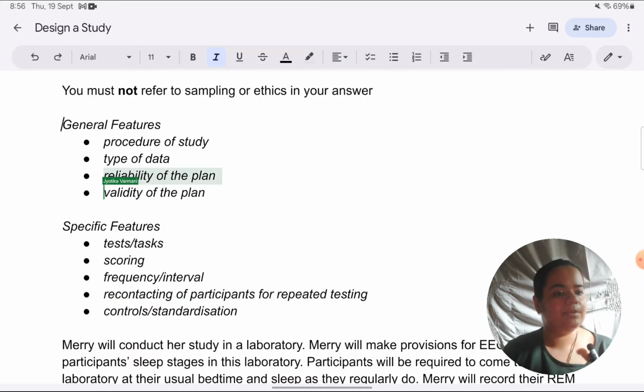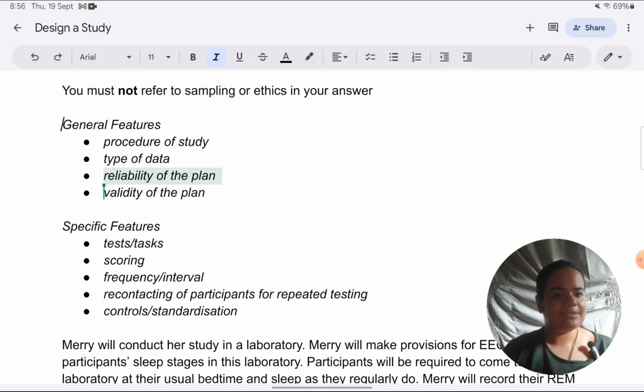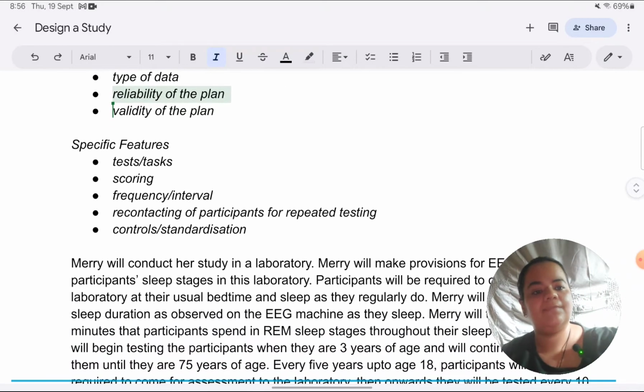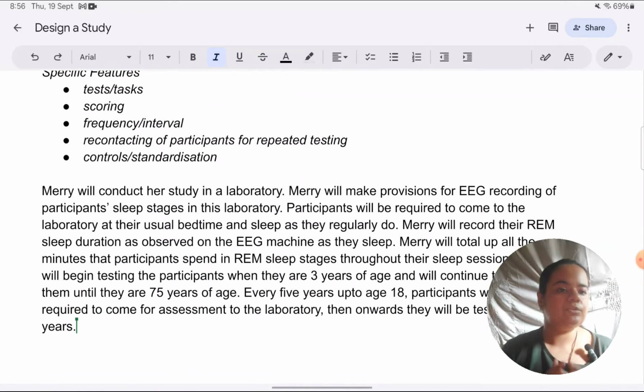I want to talk about that. Why I'm including the feature here is because I feel this is an appropriate place. Just now I have spoken about how they will have to come to the laboratory for testing. So why not mention what all they will be required to do before coming for the laboratory, which can serve as a control, or once they come to the laboratory, something they'll have to do which would serve as control.